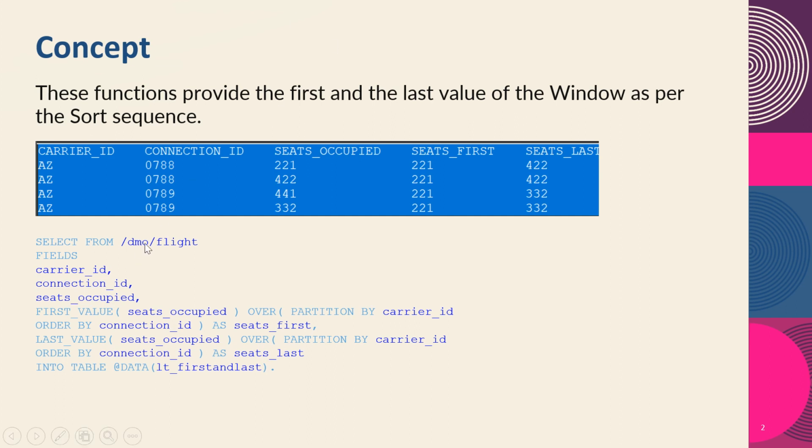You can see the select query and I'm doing a partition over carrier ID, and I want to show the first value of seats occupied and last value of seats occupied. For the partition of the carrier ID, for a particular carrier ID, I'm going to get the seats occupied value first and seats occupied value last. Okay, so